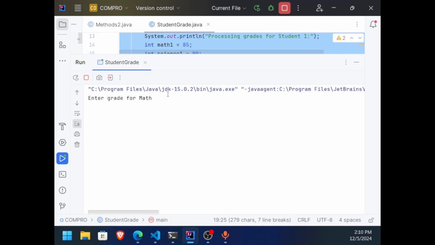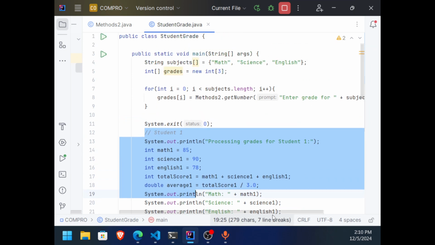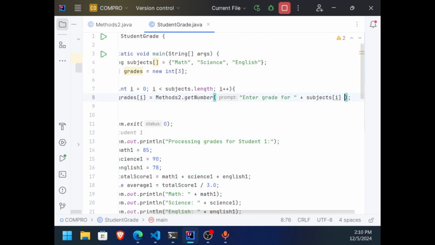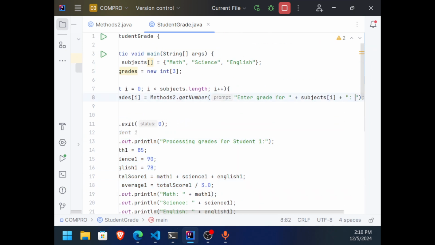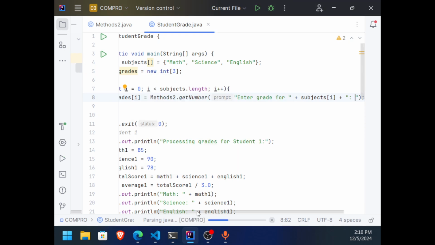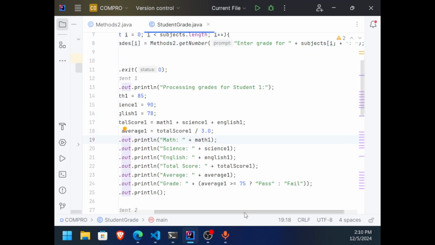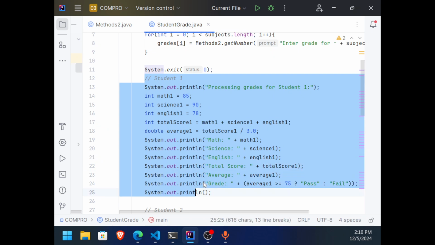I just forgot the semicolon there. Let me add the semicolon before we continue. Stop and run. Enter grade, format: 89, 90, 91. Okay, it's working. And it exited. It did not perform the rest, yes, because we don't want this to be executed right now.